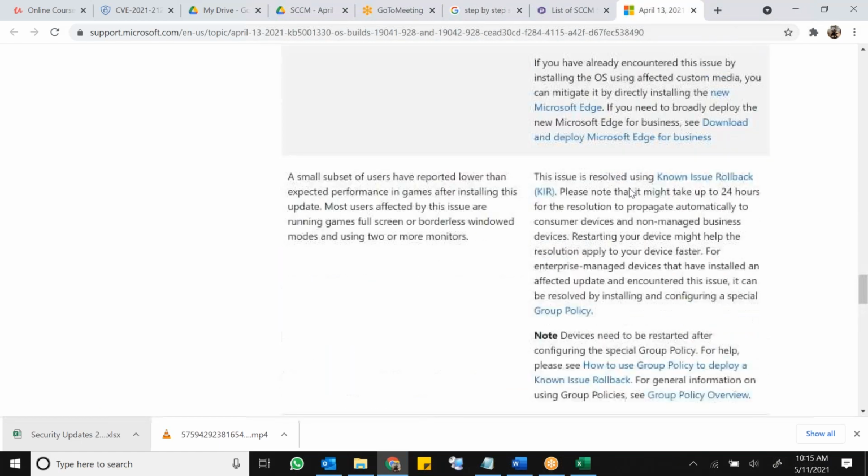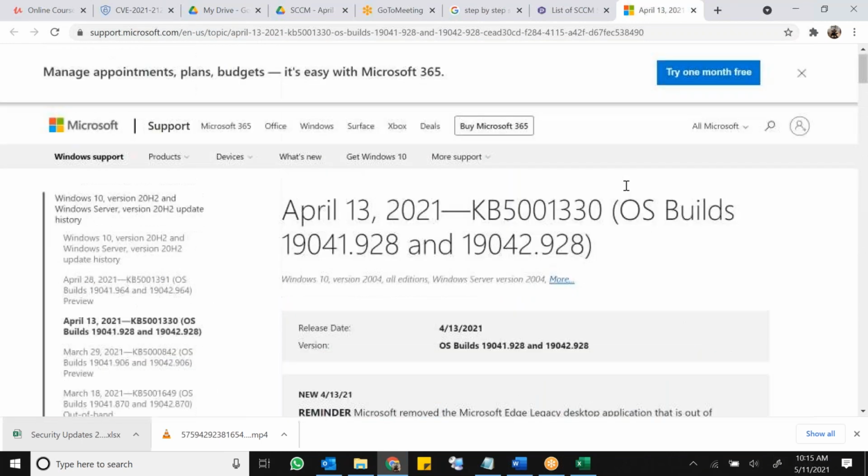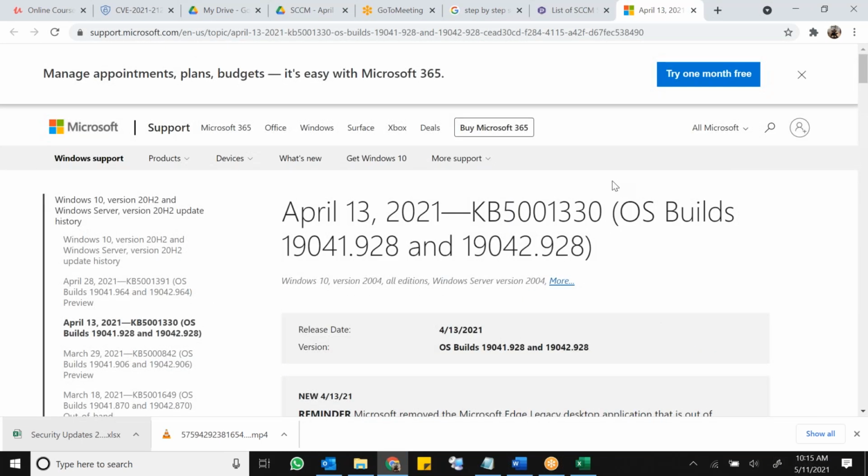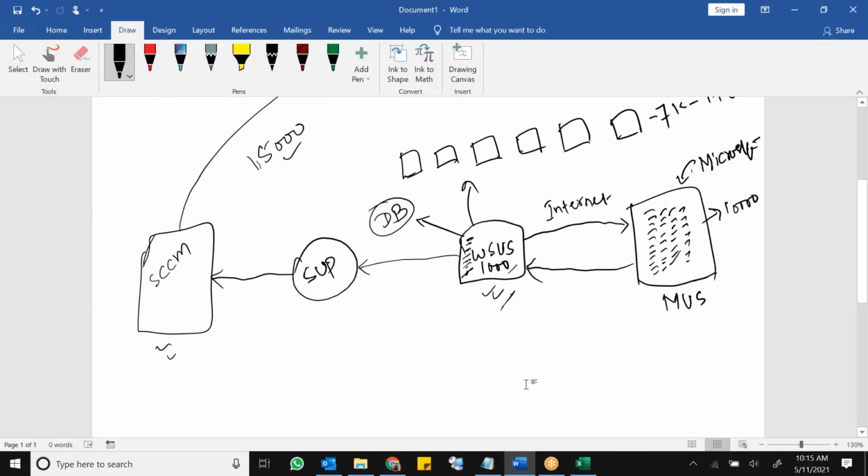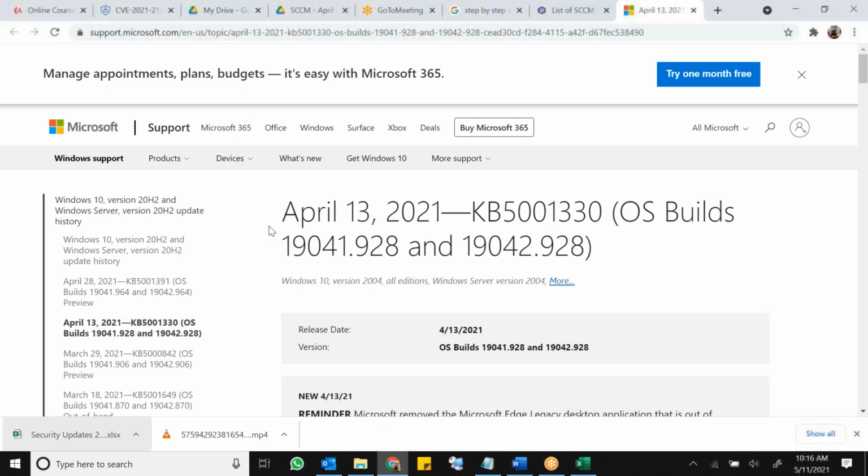Now, in order to download this update, suppose you have to do it manually, right? But if you are doing it from SCCM, you don't have to do it manually, because SCCM is talking to WSUS. WSUS is going to talk with the Microsoft Update Server, and from there it will get the list of updates, then synchronize them, and then finally it will reach SCCM. So manually you don't have to do it, but in case you have to do it manually, then you can copy this,